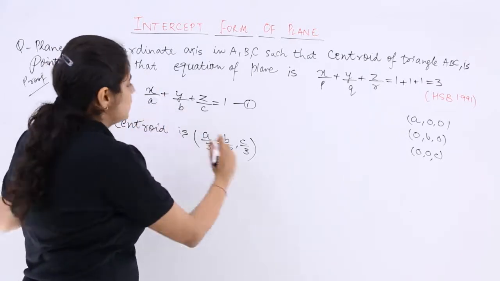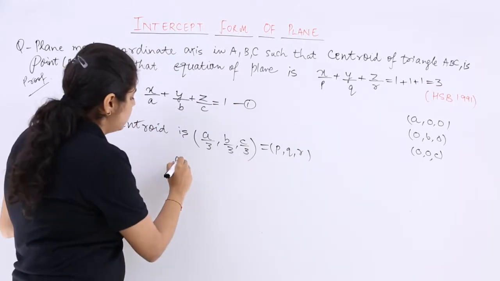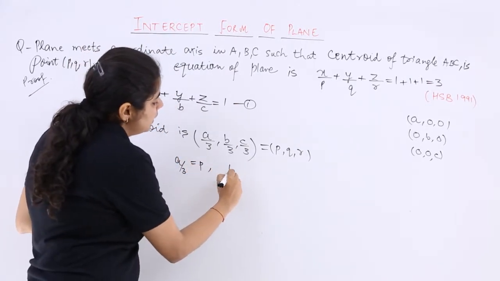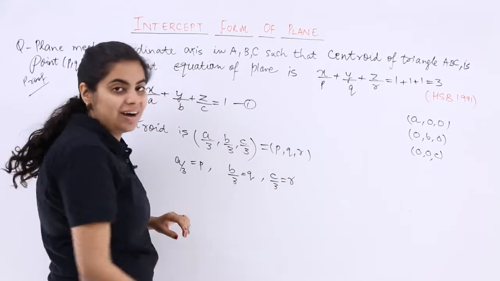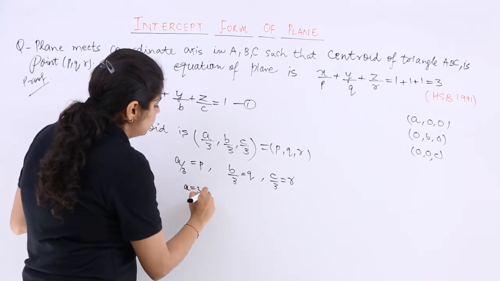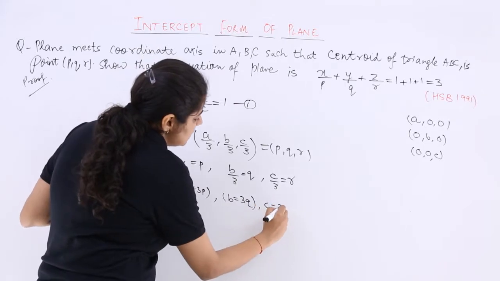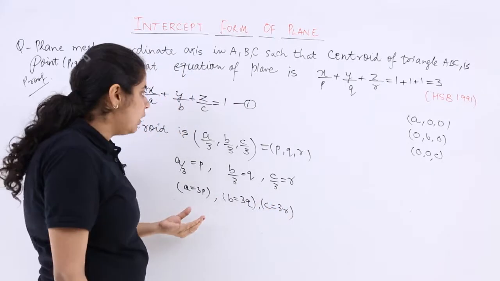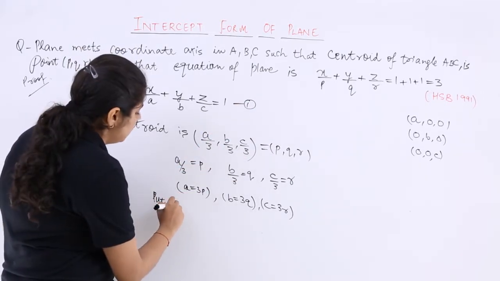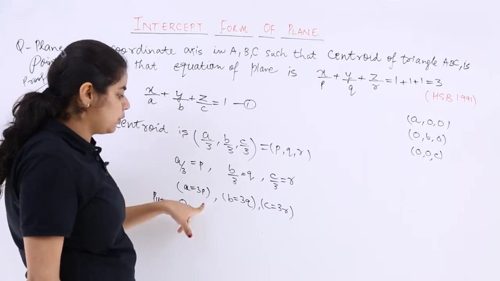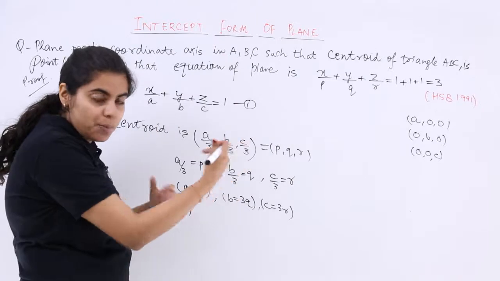But the centroid is given to you as (p, q, r). That means a/3 = p, b/3 = q, c/3 = r. So that means a = 3p, b = 3q and c = 3r. So now we have obtained the values of a, b, c. Let's put them in the equation. So you have x/3p + y/3q + z/3r, and 1/3